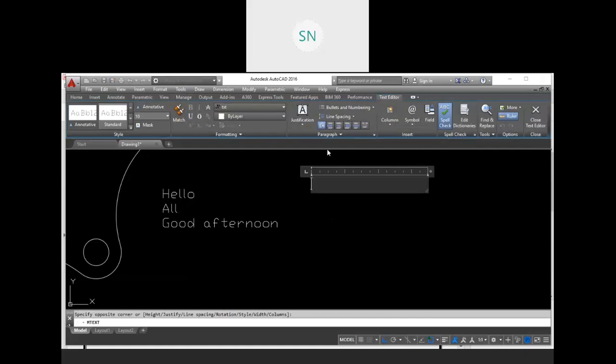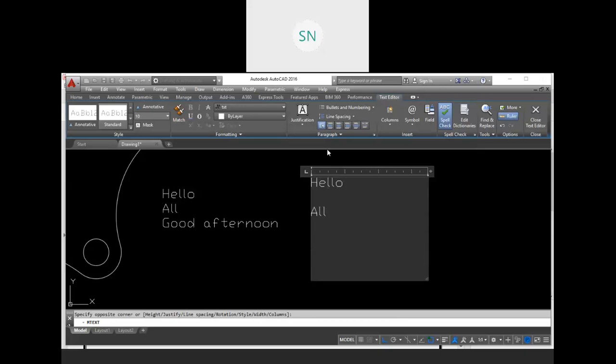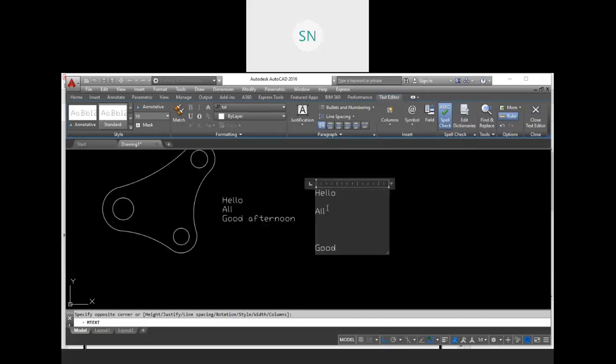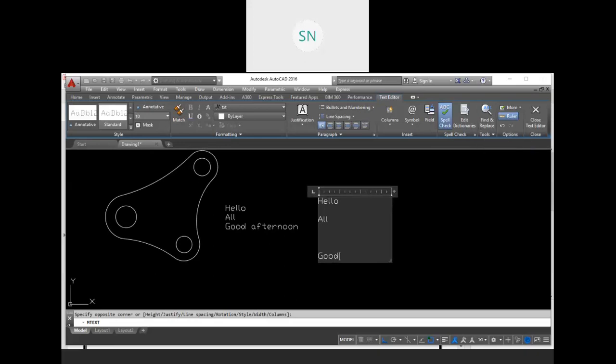Over here you can type everything, and you can press enter as many times as you want. We do not have that type of restriction over here, right?